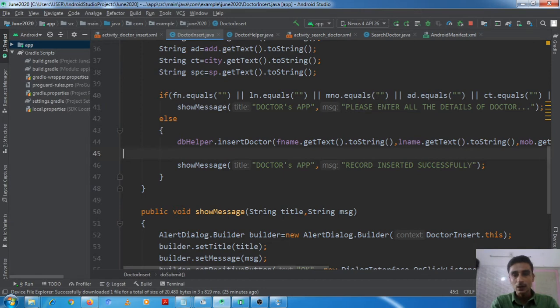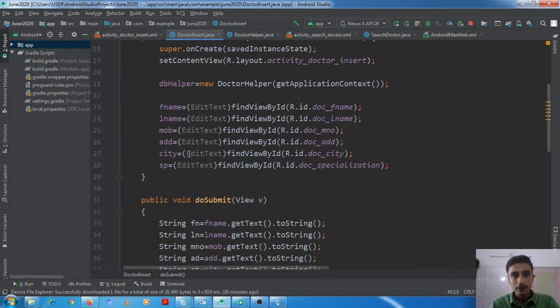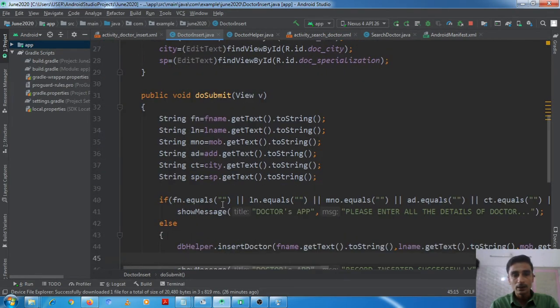So the text views are named, if you remember, as fname, lname, mobile,